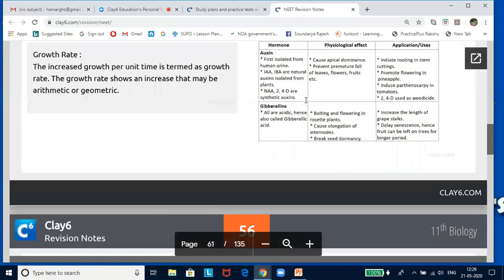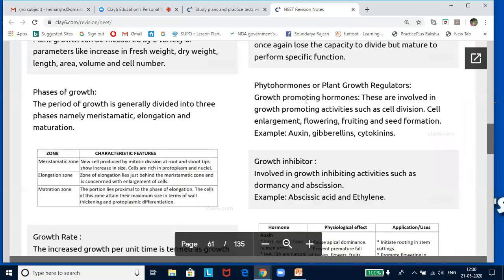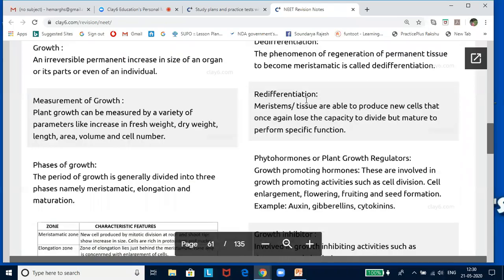Vernalization. Many plants such as winter annuals, biennials, and perennials require a cold temperature treatment before flowering can begin. This requirement for a cold exposure is called vernalization. Different species are vernalized at different ages.